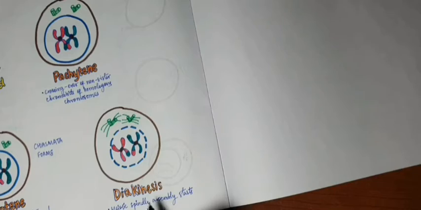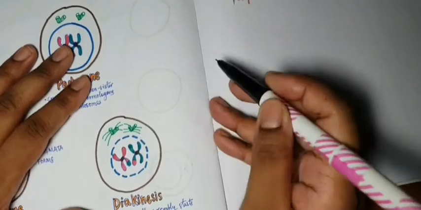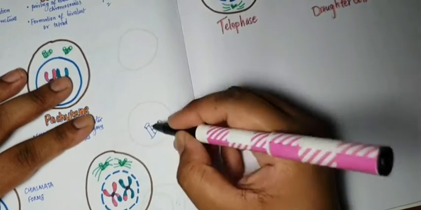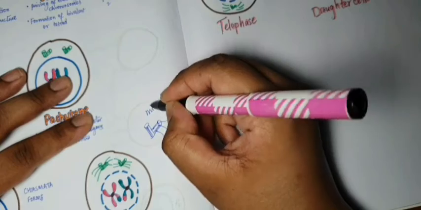Next is diakinesis. In diakinesis, there will be meiotic spindle assembly. If you've not watched my previous video on centrosomes and microtubules, I'll quickly tell you what a meiotic spindle is. So we have a centrosome, right? It's a proteinaceous structure. This gives out microtubules, okay?